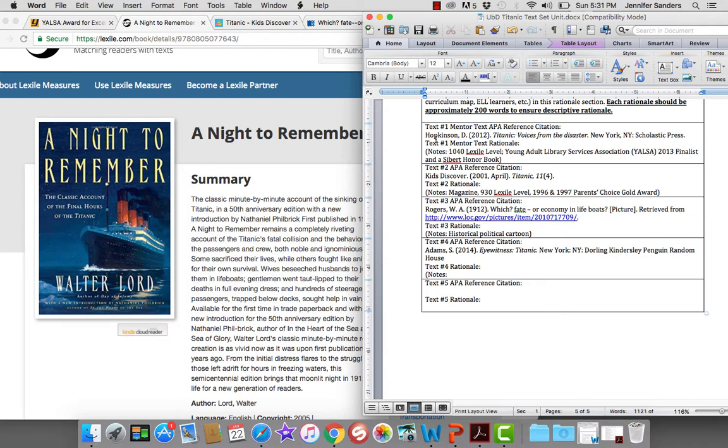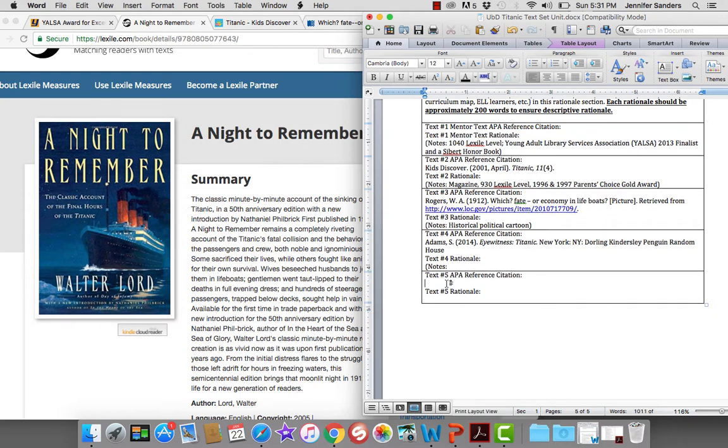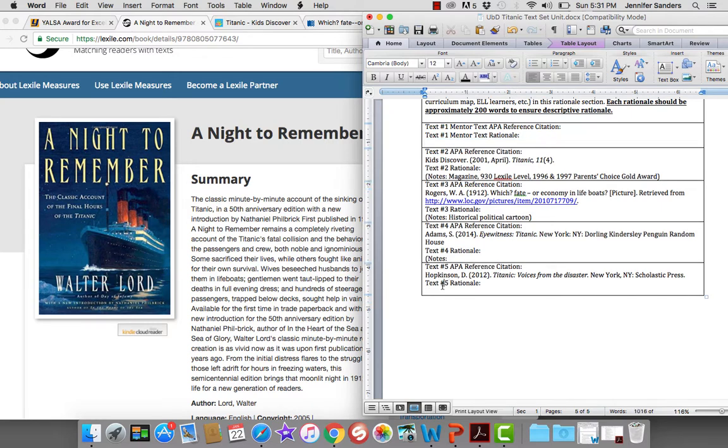Well, this may be too much for them, so I want to move this text. This can be here as part of my text 5 because it might be too high. And this text that I've chosen is an award winner. And so I can shift these around, and you can play with moving around the text, because I want to choose a mentor text, one that's an informational text,